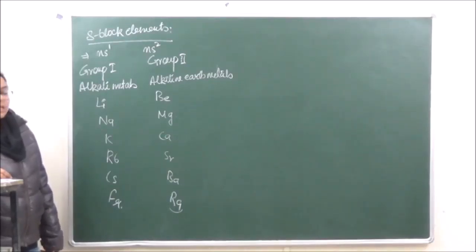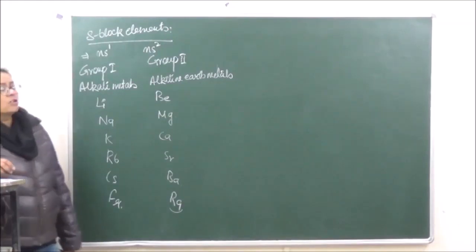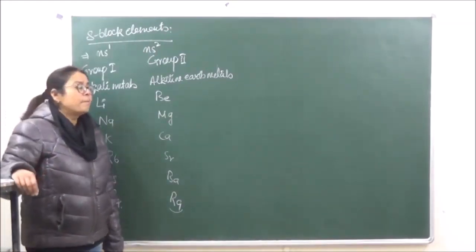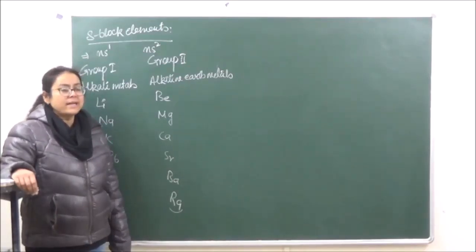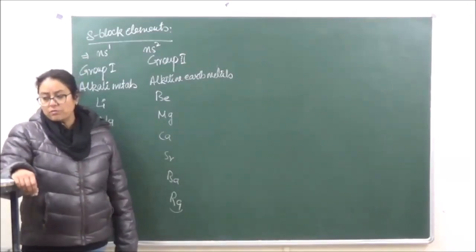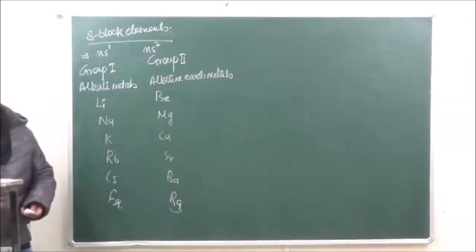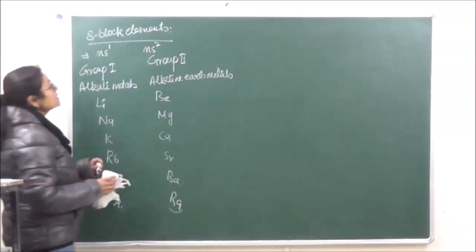So we need to study both these groups under this chapter, S block elements, in which we will study their periodicity in properties. We will study the general chemical properties of both the groups, and then we will also study certain important commercial compounds present in both the groups with their properties and uses. So let's go on to the first, alkali metals and their compounds. That is the first section of this chapter.